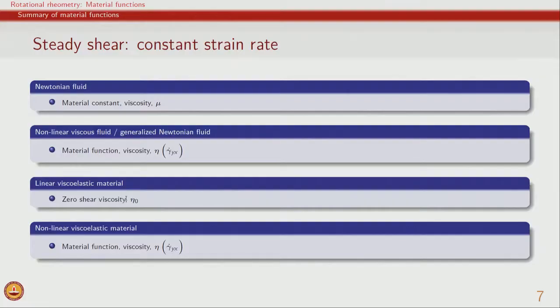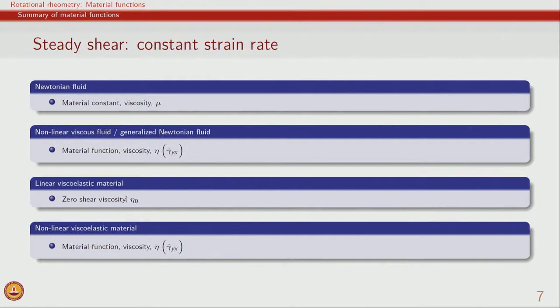material. We are not perturbing the material very far away, and by applying a very small deformation rate and by keeping deformation small, we are only perturbing the material so much that it does not really go away from its equilibrium state. So, therefore, zero shear viscosity is a good measure of material structure, it is a good indicator of material structure. On the other hand, if we impose any arbitrarily large strain rate, then the material function will be dependent